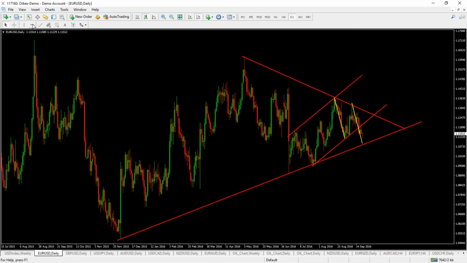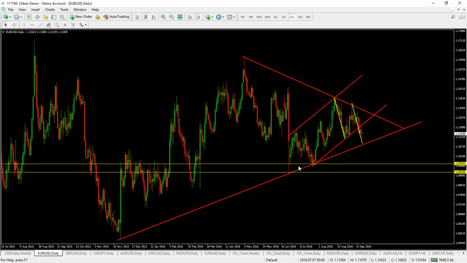And the bigger level, which I'd actually be looking at to provide better support, would be a move down into the June and July lows of around 109 to 109.70. You can see we have this big structural low in place here. And obviously if we break lower tonight on a dollar topside move, then this is going to be the key pivot for the euro. We're either going to form a double bottom into this area and then rotate higher, or we're going to break below and then we can look to use a retest of this broken support to position for a further move to the downside.